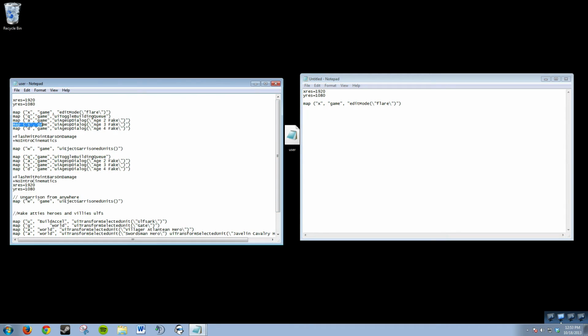This code, map A uiAgeUpDialog age2 fake, will make it so that whenever you hit the A key, you will go to the next age, provided you have enough resources. So let's say that you are in the classical age and you want to go heroic. You can select your town center and then hit A, and then you will get your box to choose your two gods that will pop up on the screen. Just so I'm clear on this, you can map this key to anything you want. You can make this R, you can make this Z, you can make this P,